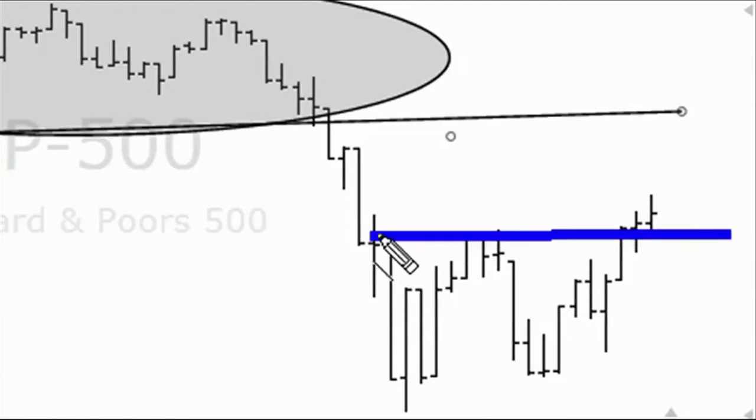Now, what we can see with this resistance level is the markets now ran up. This day through here opened, ran down, came back up and held on it. This day here opened and now ran back up. So we have this resistance pattern through here. The market's running back up, and then what happens is that if this starts to go sideways a little bit more and then breaks back